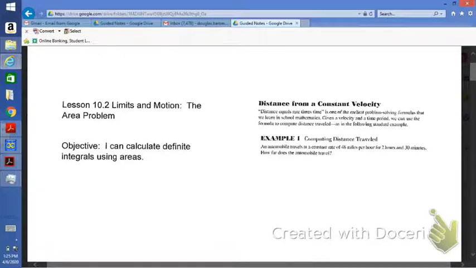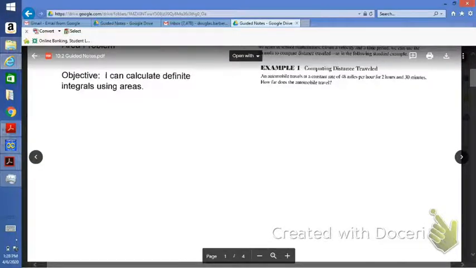So let's start with example number 1. Okay, so it says an automobile travels at a constant rate of 48 miles per hour for 2 hours and 30 minutes. How far does the automobile travel? Alright, so